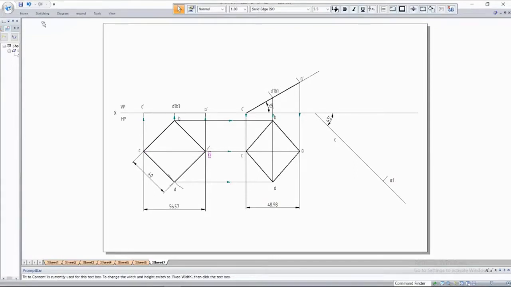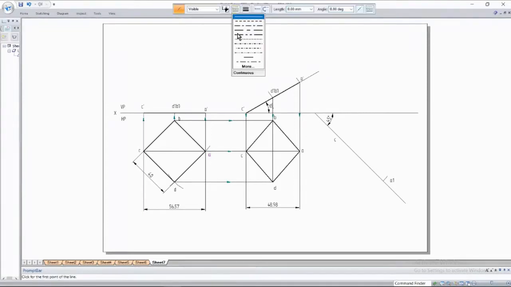Once you draw this, you have to draw a locus line. That locus line is represented by the third option here, a longer dash followed by a smaller dash, which is used to represent the axis of a line. It should be drawn with a thin line. So here, just draw this line.